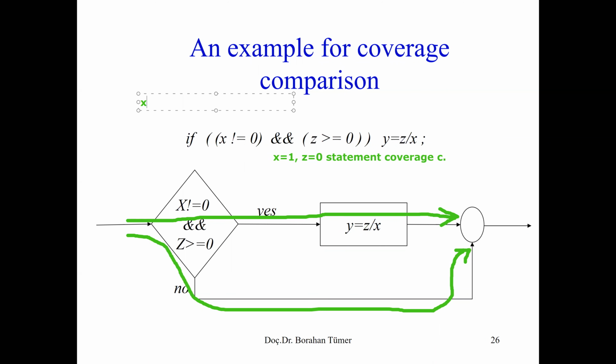This one here is the first test case, which sensitizes this path above, and I need another test case that will sensitize this path, and this path can only be sensitized if this decision structure is false. All right, for example, x equals 0 and any value of z,